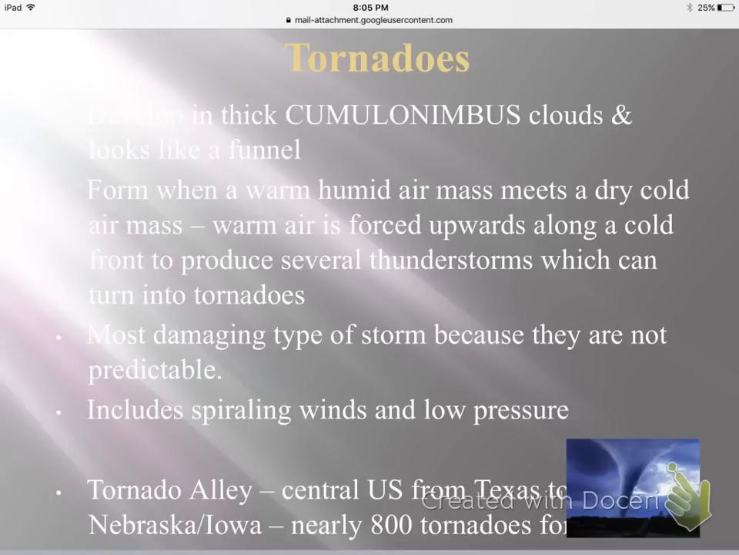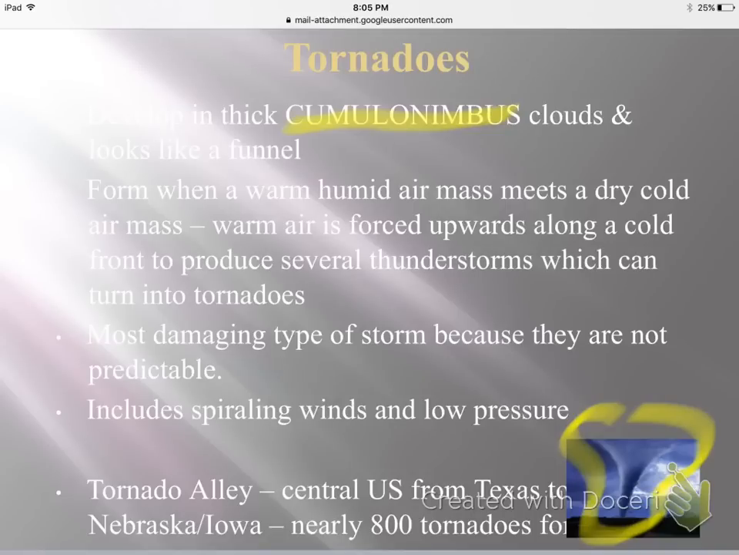Tornadoes also develop in those cumulonimbus clouds, and they start to form a funnel going down, just like you see in this picture here. It looks like a big funnel going down from the sky. Tornadoes form whenever you have a warm, humid air mass meeting a dry, cold air mass. So two completely different air masses colliding. The warm air is going to be forced upwards, okay, along that cold front, and it produces several thunderstorms, which